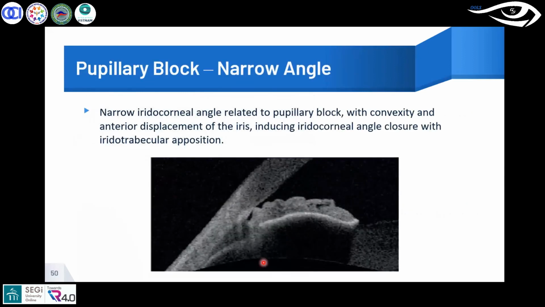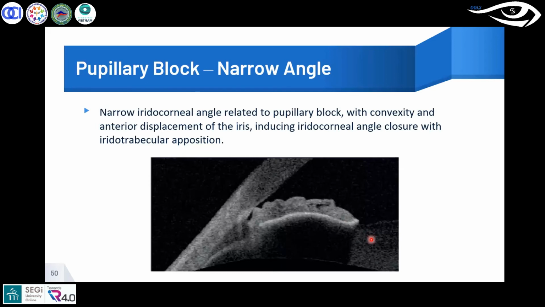So in case of pupillary block glaucoma, you would actually have the apposition of the iris to the lens. So you have the iris here and there is a lens here. Sometimes when the patient undergoes cataract surgery, when they are pseudophakic or even if they are aphakic, there could be anterior vitreous displacement, due to which there would be attachment of the iris to the lens, which could cause